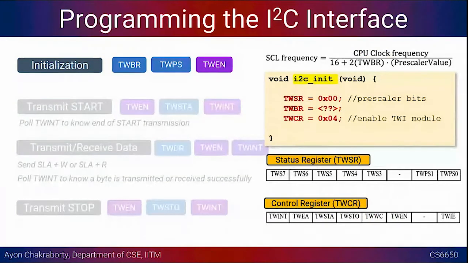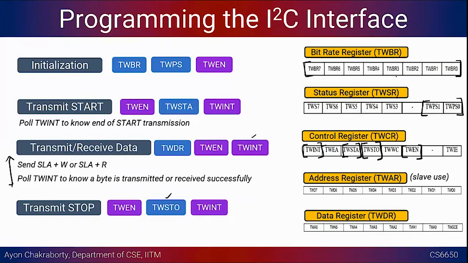So for initialization, as I told you, we have a substantial freedom in controlling the clock frequency. How this is done is CPU clock frequency divided by 16 plus 2 times the value inside the TWBR. So the bitrate register is this TWBR multiplied by the prescaler value. The prescaler value will be the last 2 bits in your status register. These are the prescaler bits,